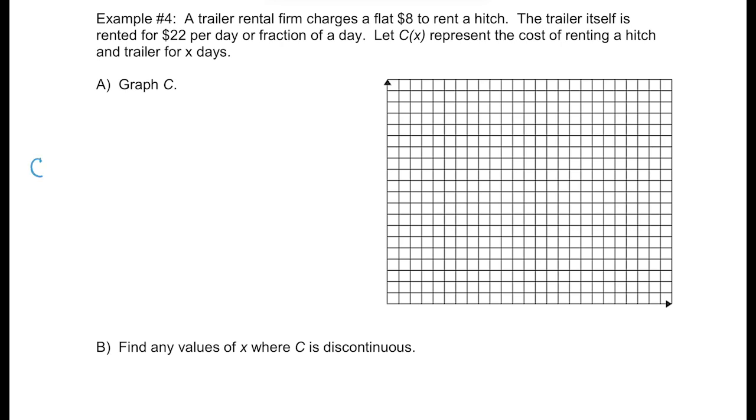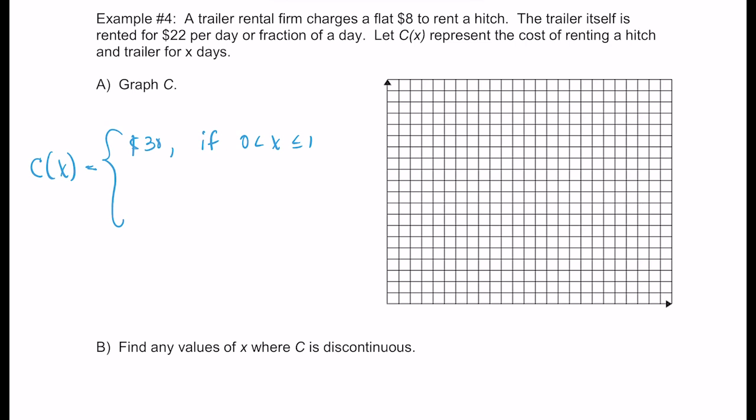But before we do that, let's make an equation. Here we're going to have a piecewise function because we are looking at X number of days, and X could be anything. If I was to rent this hitch for one day, it's a flat $8 and then it's $22 per day. So for the first day, it's going to be 8 plus 22, or $30. So C of X is going to equal 30 if X is less than or equal to 1